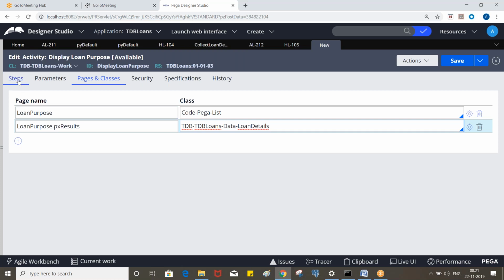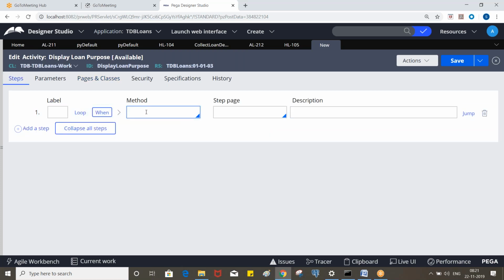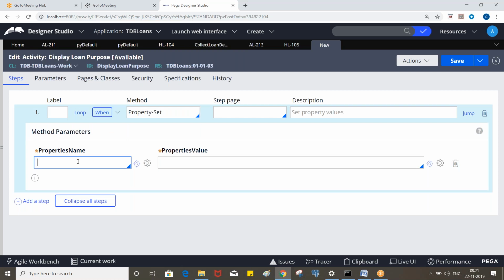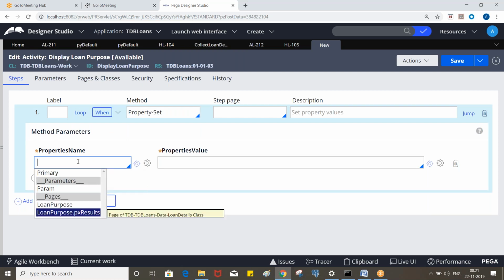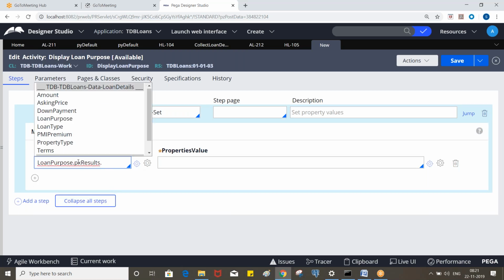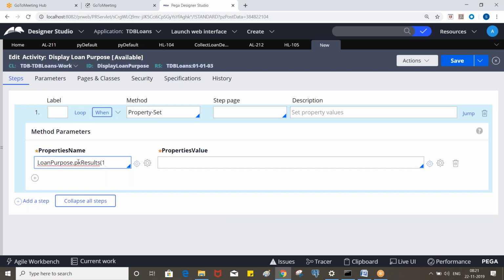Now go to the steps. Property set. So property name loan purpose dot px results of 1 dot loan purpose is equivalent to, let's say, new vehicle.